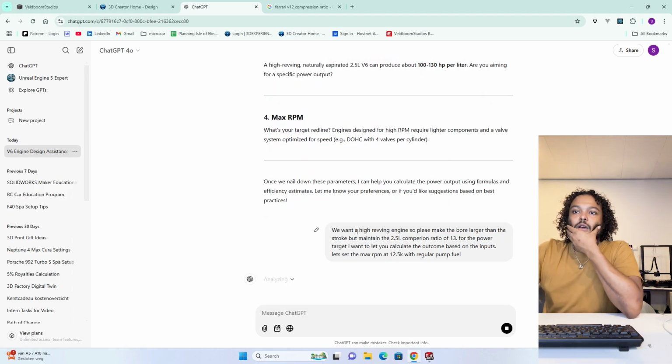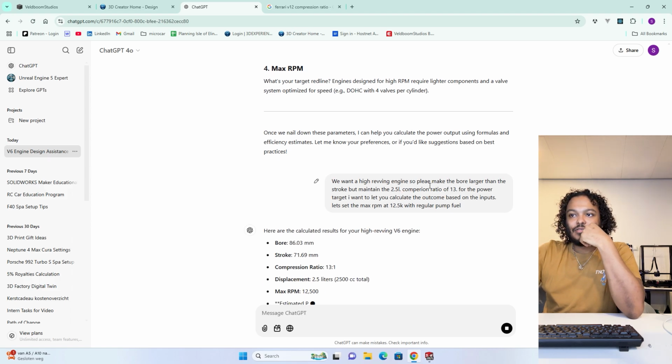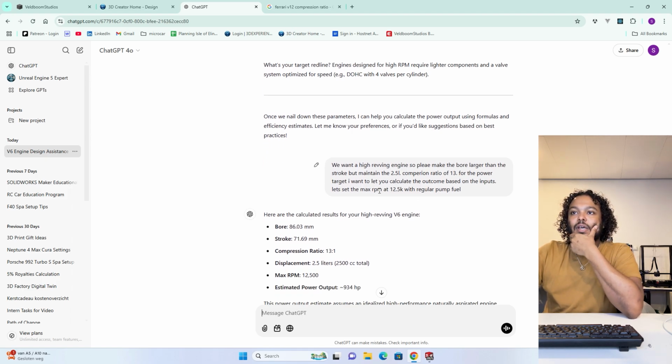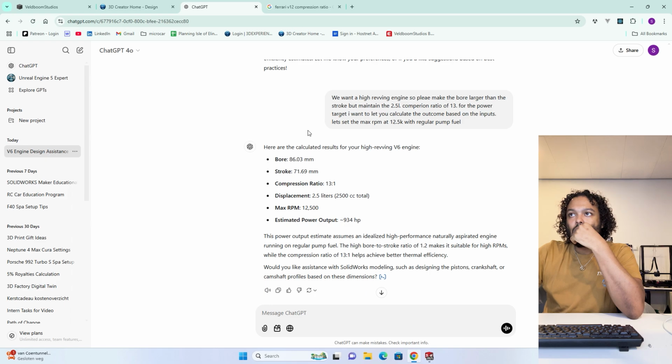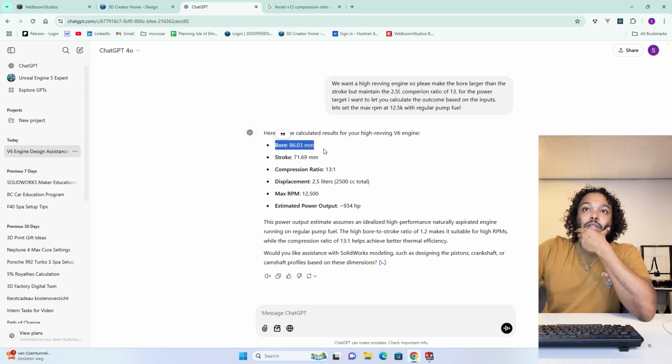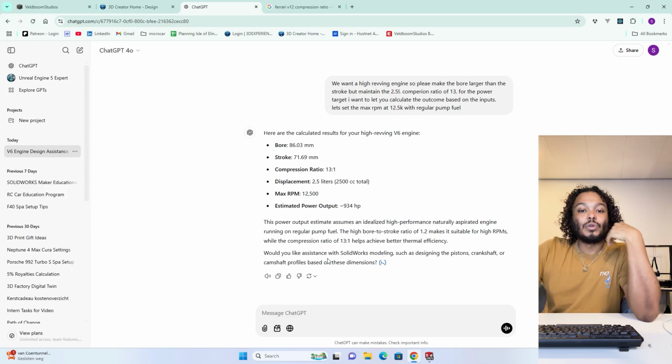Basically I said we want a high revving engine, so please make the bore larger than the stroke, but maintain the 2.5 liter volume, with a compression ratio of 13:1. But for the power target, I want to let you calculate the outcome based on the inputs. Let's say max RPM at 12.5K with regular fuel. So now it gave me all of the dimensions I need in order to maintain the bore and stroke and everything,